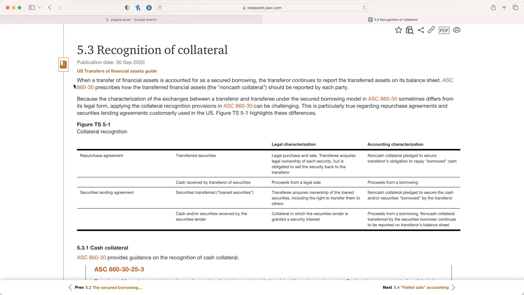So, U.S. transfers of financial assets guide. When a transfer of financial assets is accounted for as a secured borrowing, I'm going to stop so I can break this down so it's crystal clear for you. So, as you can see, financial assets, which I just explained,